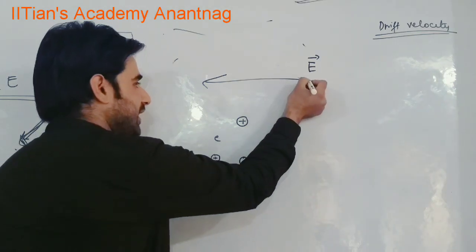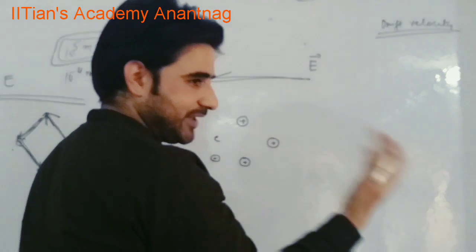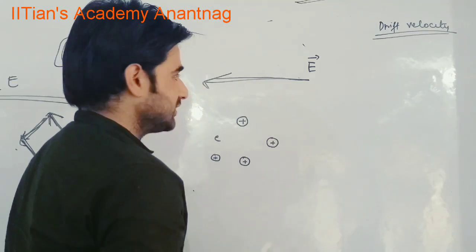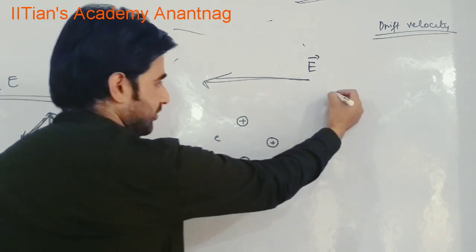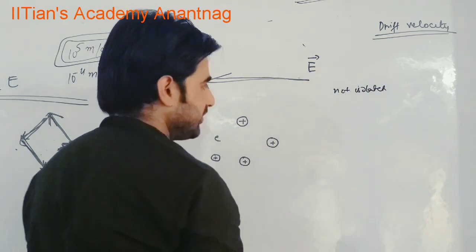If I have electric field, net electric field, I am saying net electric field. If I apply electric field, it doesn't mean I can have current. We have to see whether conductor is isolated or not. Now, my conductor is not isolated. I have connecting wires, so accumulation of charge is not possible.